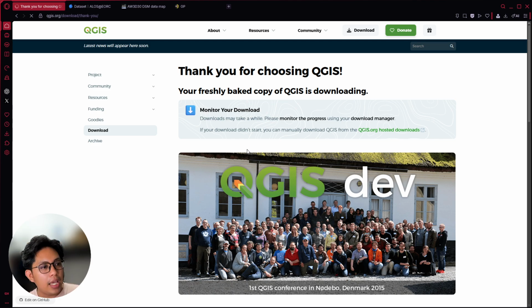Okay, so say you've finished downloading QGIS. Tapos na. Na-download na rin sa QGIS. Open your QGIS. It's okay if you just install it in your default repositories. It's alright. It's fine.